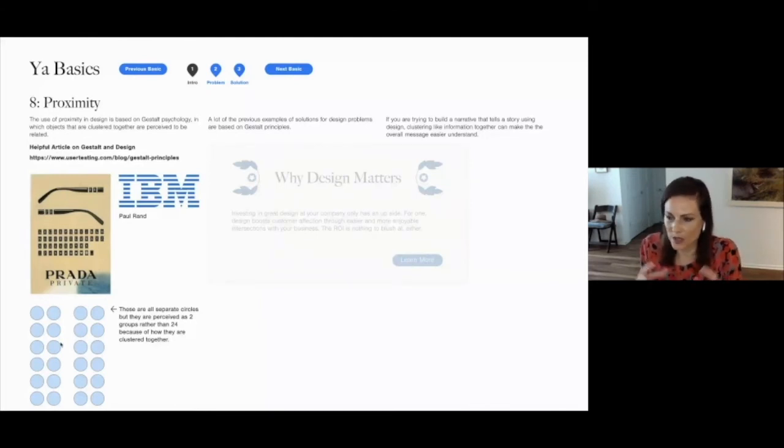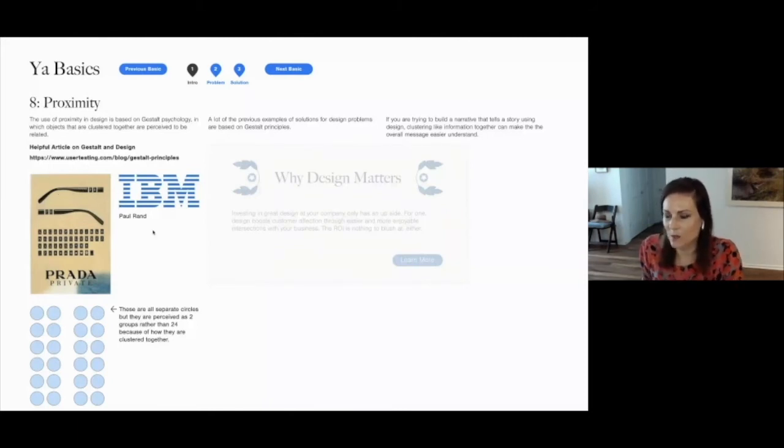When things are clustered together, you tend to see them as a whole. So you see that as a thing or an object or a grouping that means one thing. In this case, you can see this Prada ad. There's the ear, over the ear, whatever you call it. And it's actually four objects, but it looks like one because of their proximity to each other.